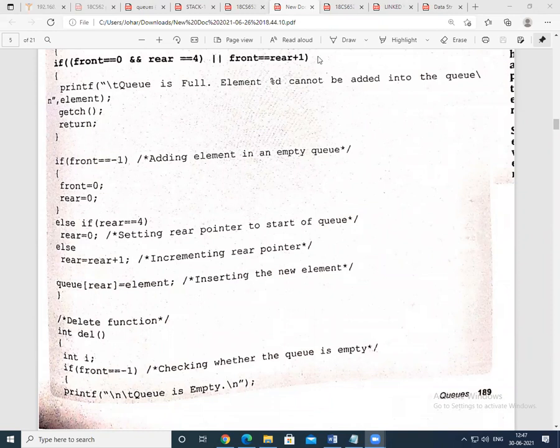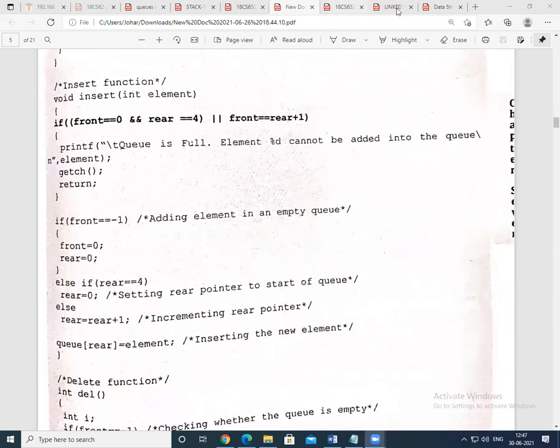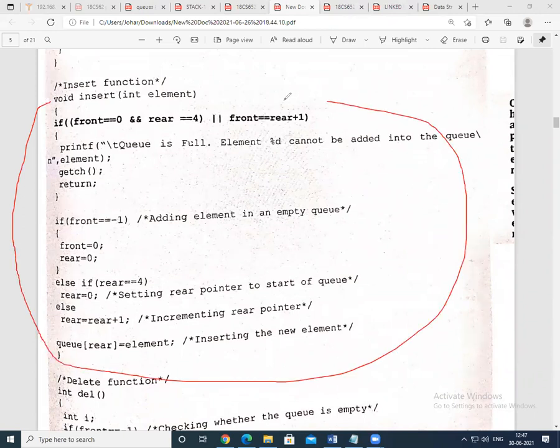So this is a very simple function that could be asked in the IA or your internals. Write a function to insert an element using circular queue. Write a function to insert an element in circular queue.